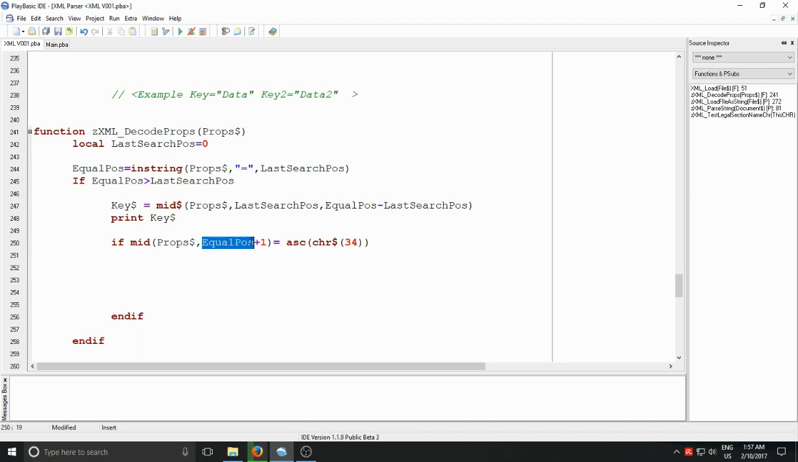I think what we'll just all have... Oh jeez. Quote position equals equal position plus 1. So we're searching at quote position. We found it there. We're using Mid$. I'll just print that out as